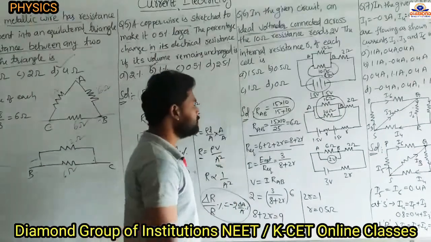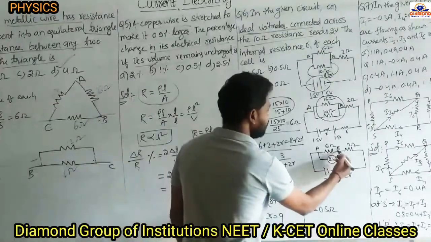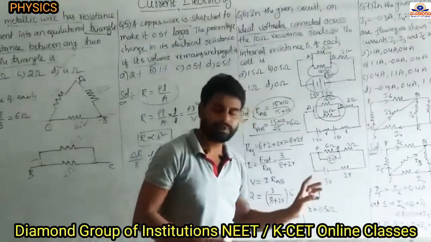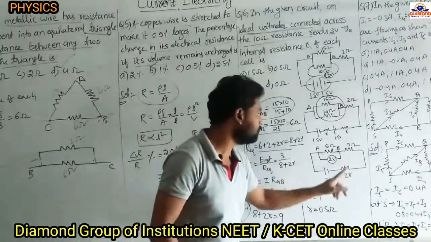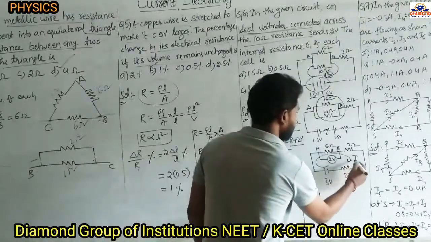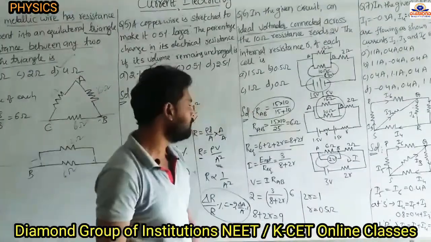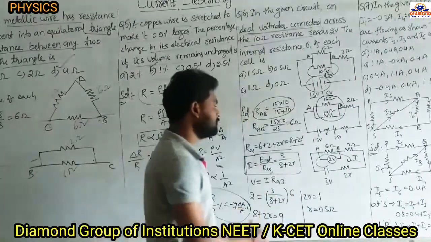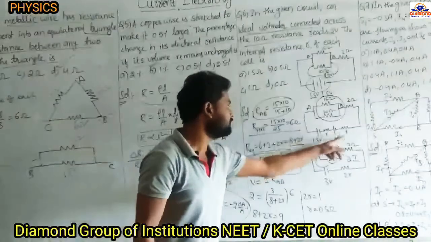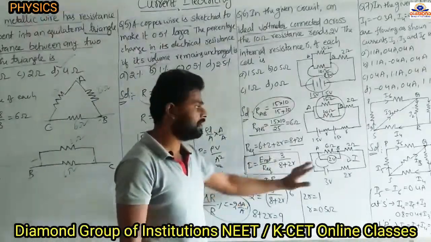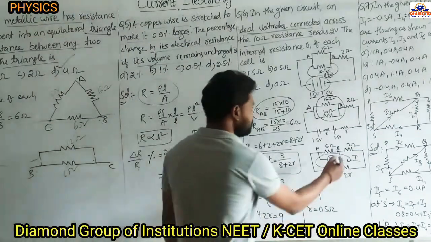Okay na? And the next, the voltage drop across this is given. Okay na? So now all these are connected in the series combination only, 6 ohm, 2 ohm, 2R. So the current flowing through this one is the same, I current is flowing through this one. Okay na? So I current equal to what we can write? Net voltage by equivalent resistance. Net voltage is 3 volt and equivalent resistance is nothing but the 8 plus 2R. Total resistance is 8 plus 2R. I current we know.